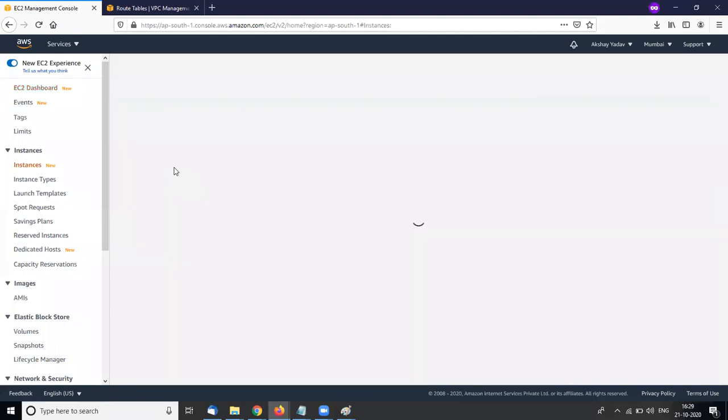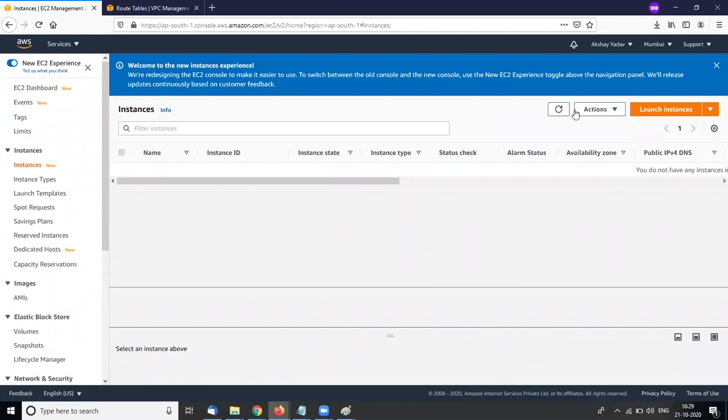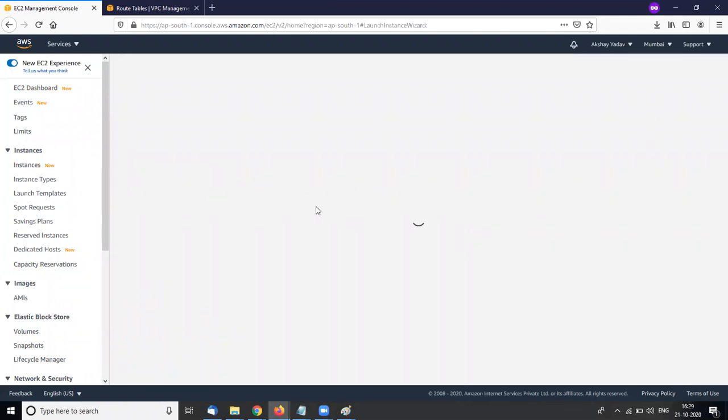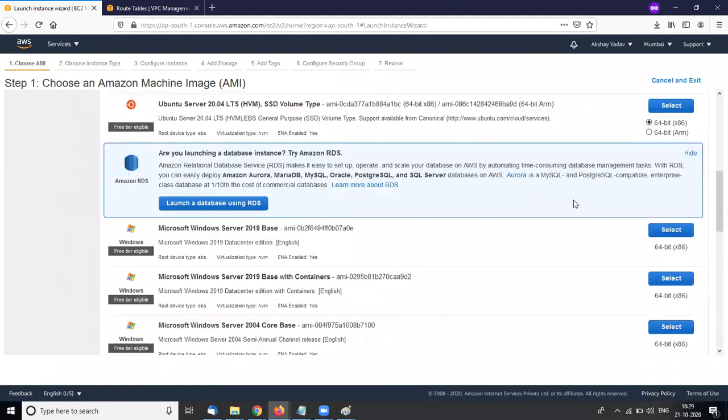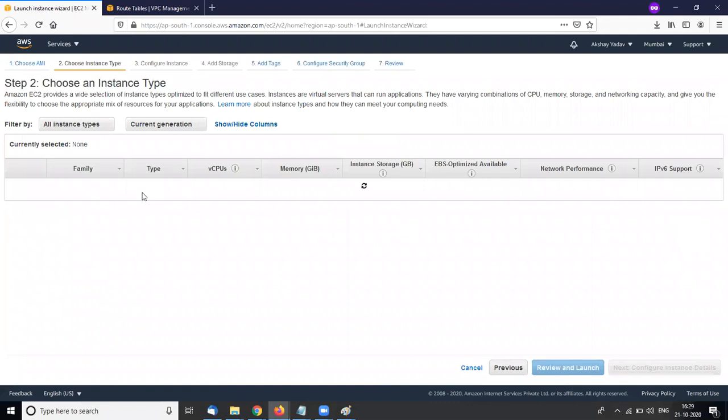Running instances, launch instance, and free tier only. I am using my Windows server right now.